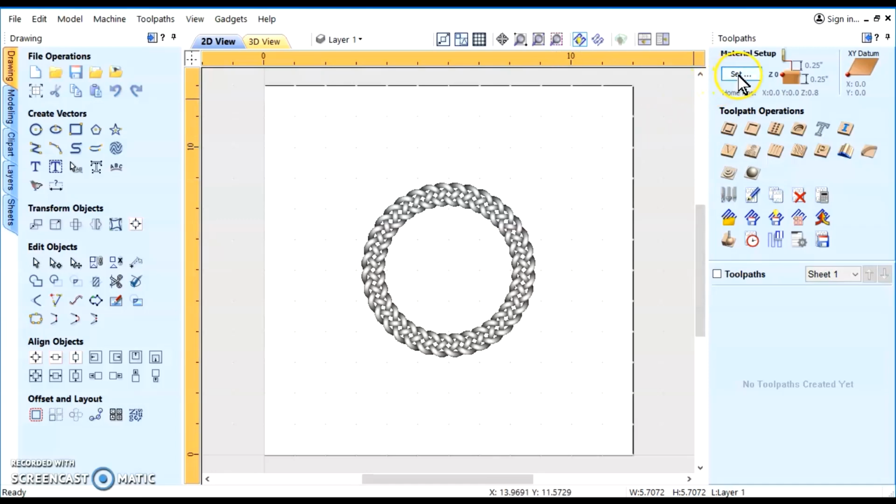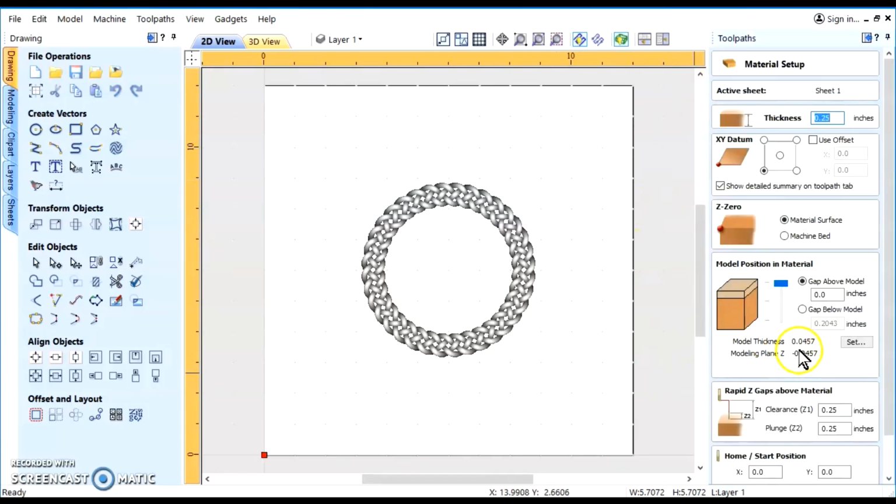Now we'll go see what the thickness of that model is. We're nearly 46 thousandths thick on the model. Now this will show you the position of the model within the material. It is actually sitting on top of the excess material below. And how you can determine that, you've got 0 here above the model, and the gap below, which is the excess, is 204